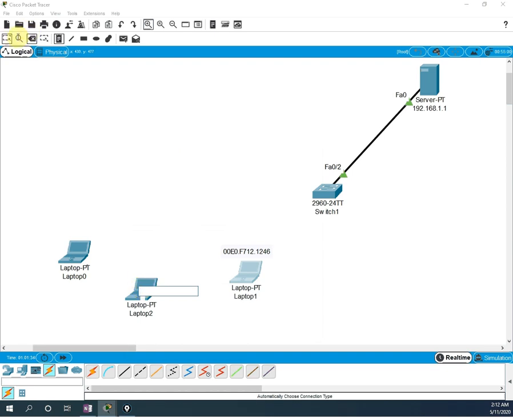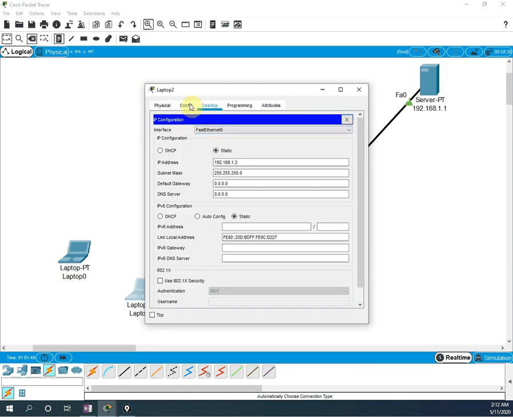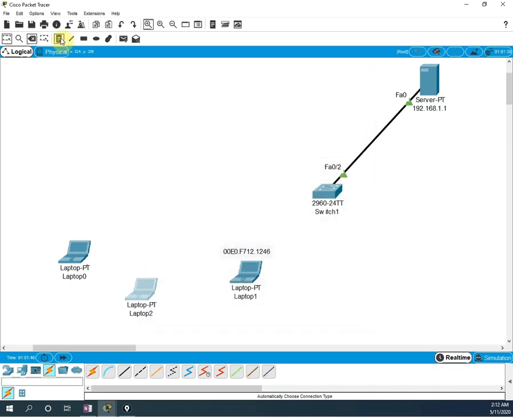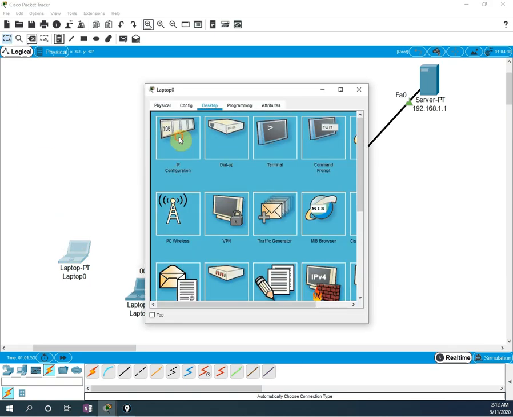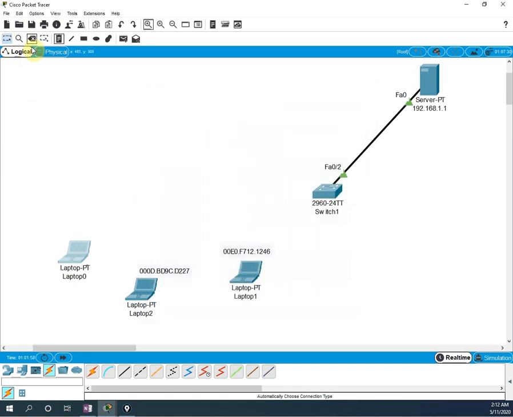For simplicity, so we can cross-check, I will take the MAC address for this guy. I will copy from here and paste here. This is the MAC address for this guy, and I will go to this guy also, from Ethernet, and copy the MAC address for this third guy, just to have the idea.